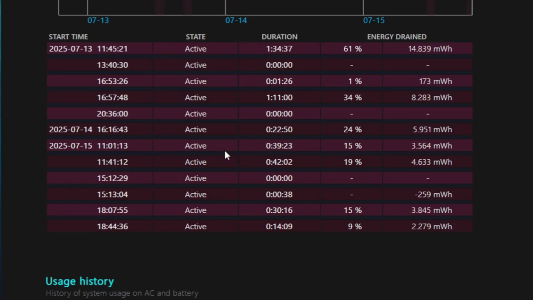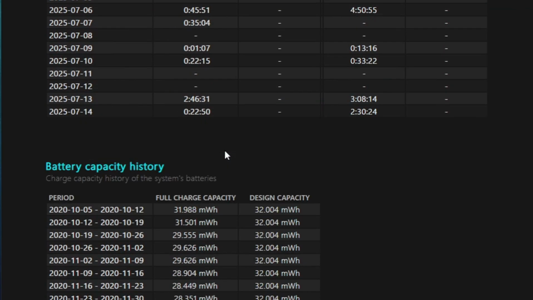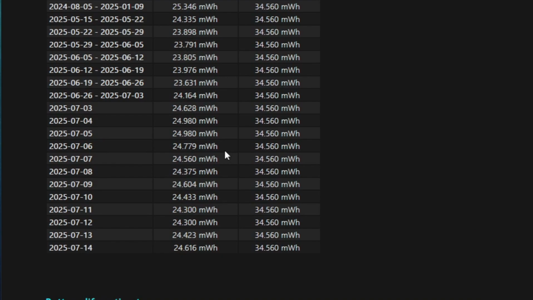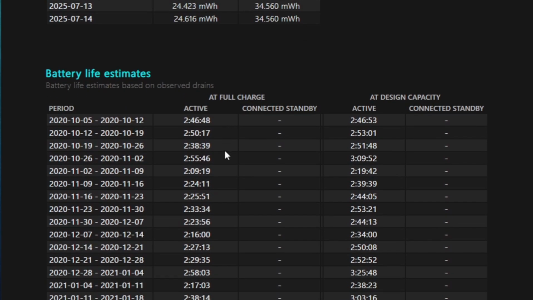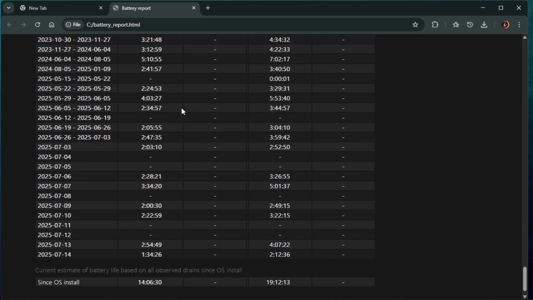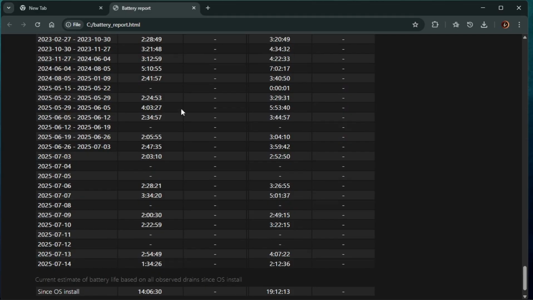And then if you scroll down to the bottom part of the report, you will find your battery's capacity history, which tells you how your battery's full charge capacity degrades over time. And lastly, you will also find your battery life estimates or history, which tells you how long it may last after a full charge. All right, so that's how easy it is to check your laptop battery's health on Windows